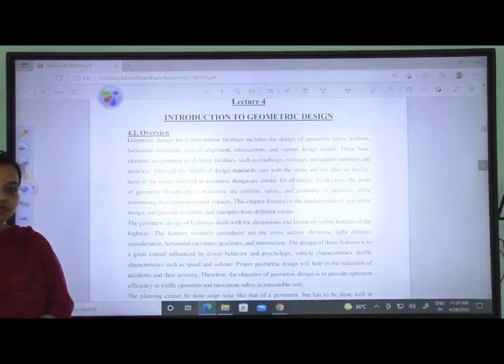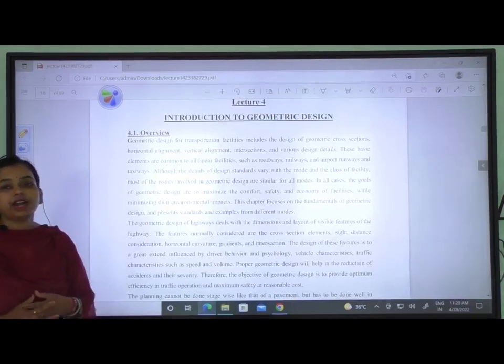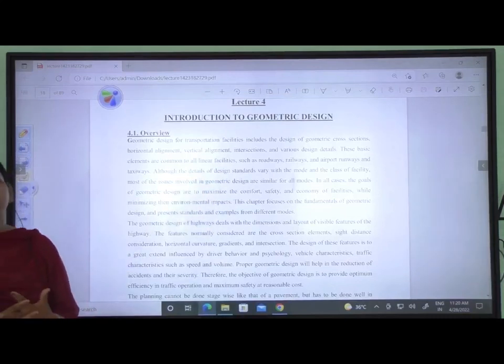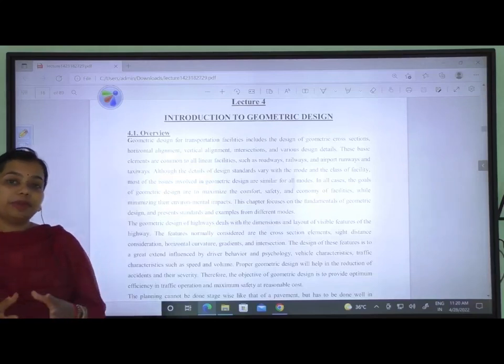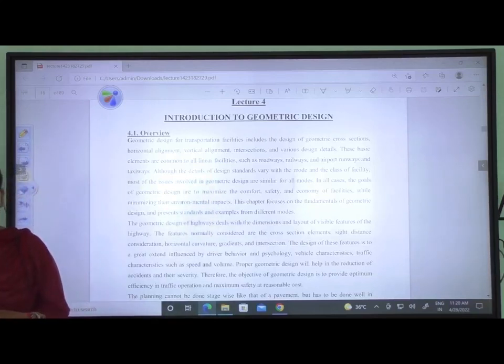Today we are going to elaborate the chapter that is the geometric design of highway. So we need to understand what are the factors affecting us while we design a highway, and what are the geometric portions that we recommend when we design, and that we are concerned about. So what do you mean by the geometric design for